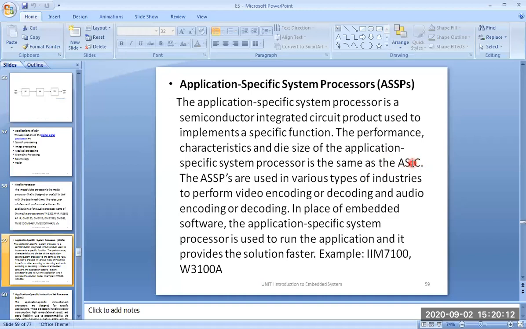And if your goal is just to find the Fourier transform, a general purpose processor has many other things also. You are unnecessarily using a big processor just for finding the Fourier transform.